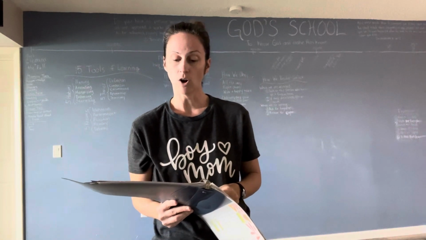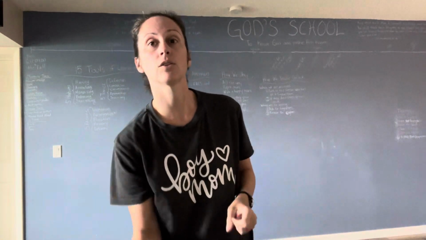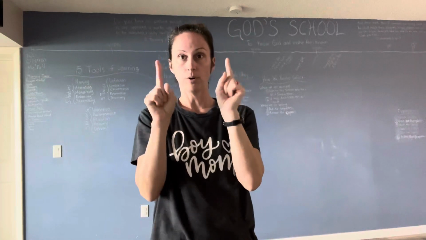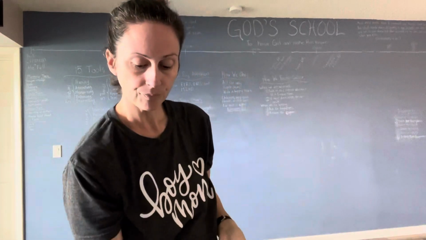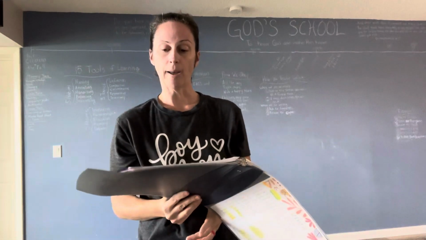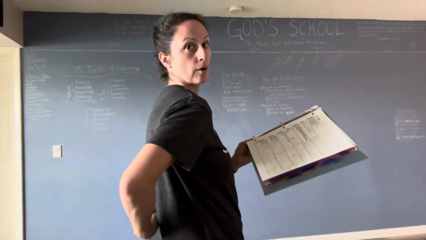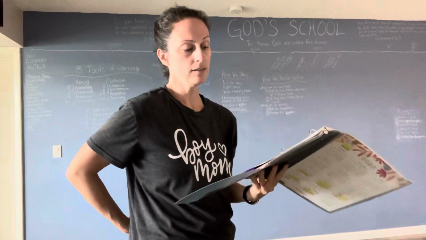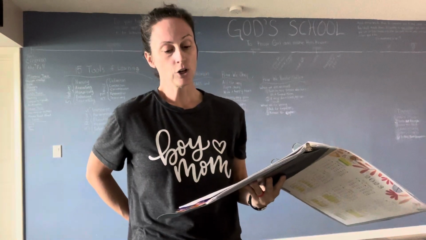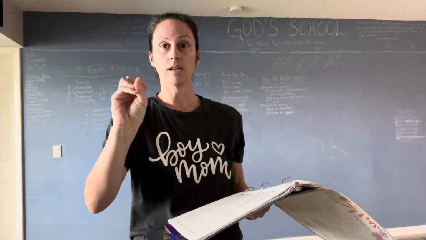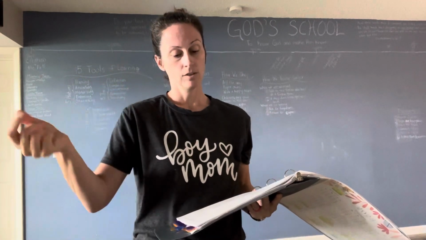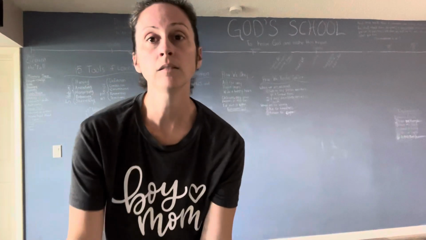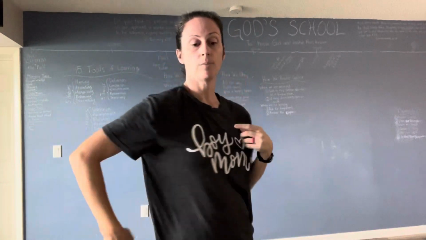And then science, what are the 3 parts of the nervous system? So we're going to start with our brain, which we use to think. So we're going to put our pointers up and show that our brain is thinking. And then we're going to use the spinal cord. We're just going to point to our back where our spinal cord is. And then for nerves, we're going to touch our fingers together because we use our nerves to feel. Nerves. So brain, spinal cord,